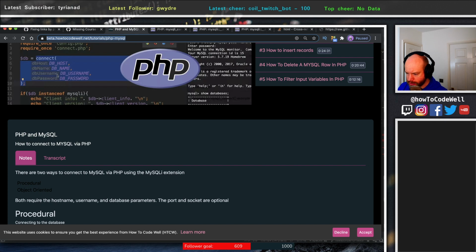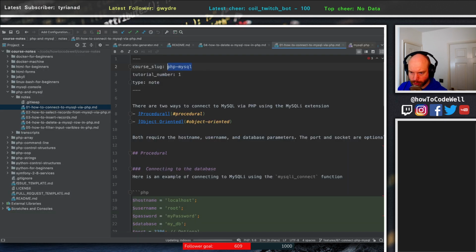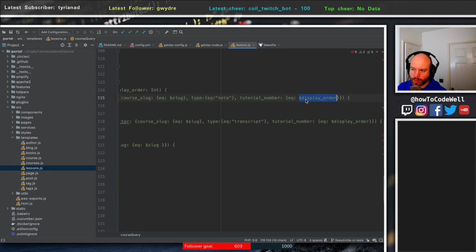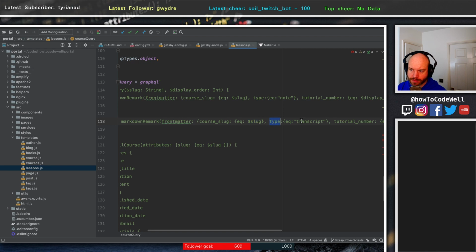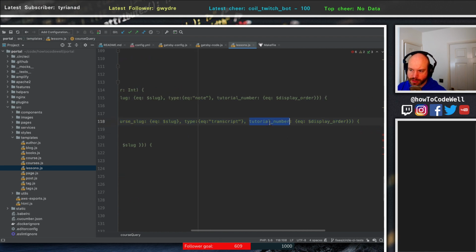So yeah, let's get back to that repo a minute. I'll just carry on. Once we've got the display order, once we've got the slug, which is the course slug, and we have the type, we can pull out a single note. And the same goes for the transcript. So we pull out the course slug, we change the type to be transcript, and the tutorial number is the display order again,